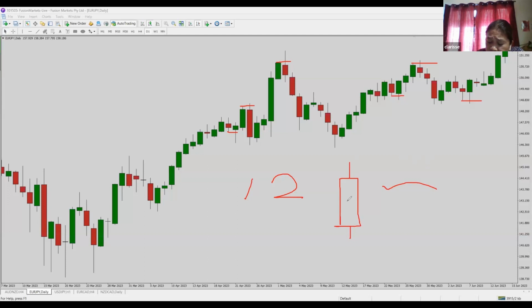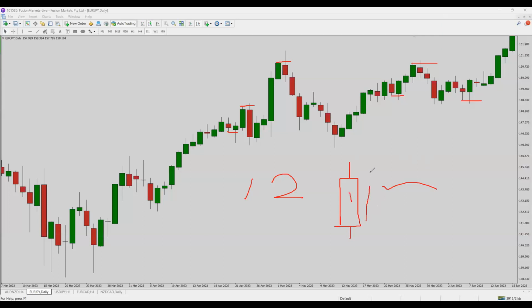So if this is the first candle, now if the second candle goes higher than the first candle high, but it closes below, and gives you something like this, that is a DHL. Because this candle goes up higher than this high, but it closes below here.